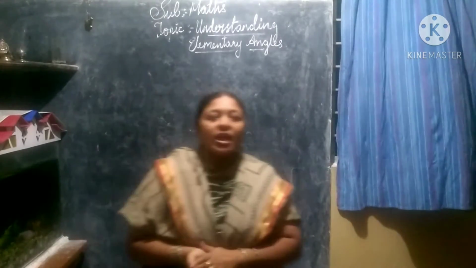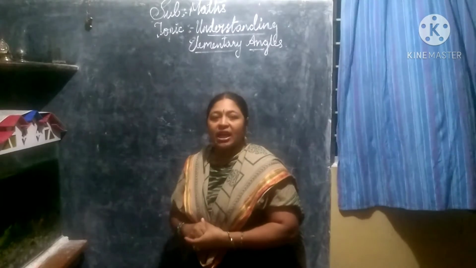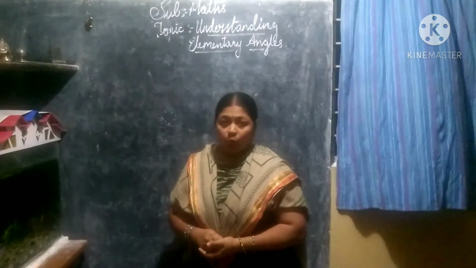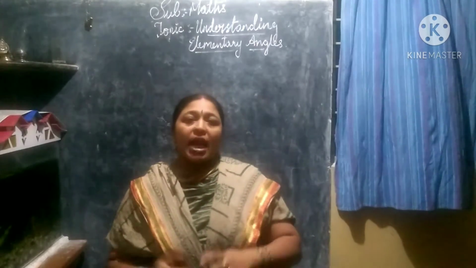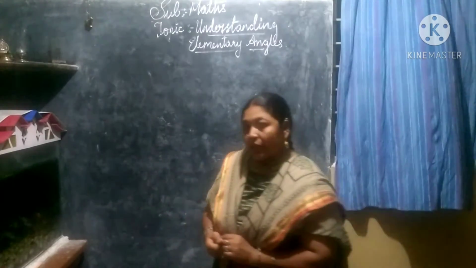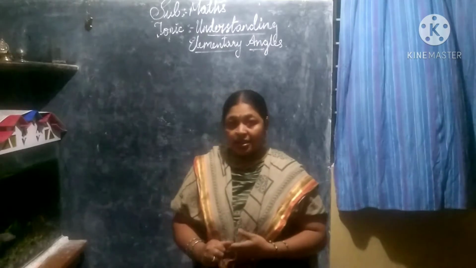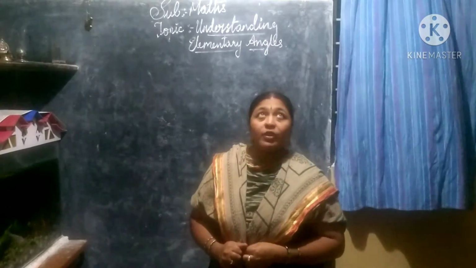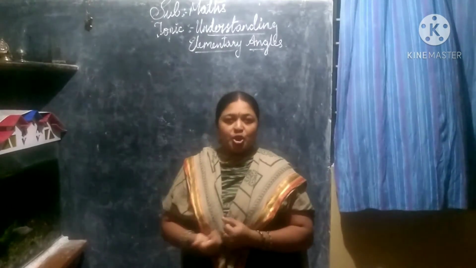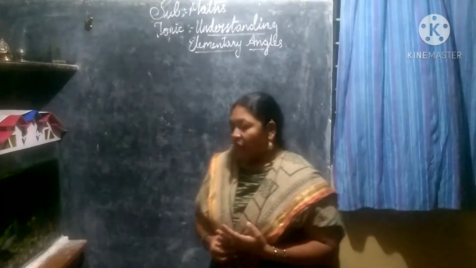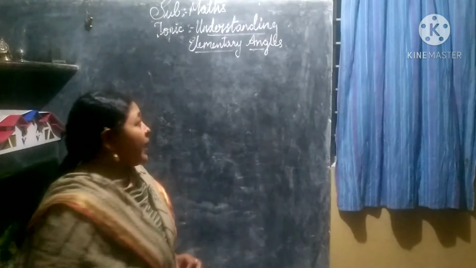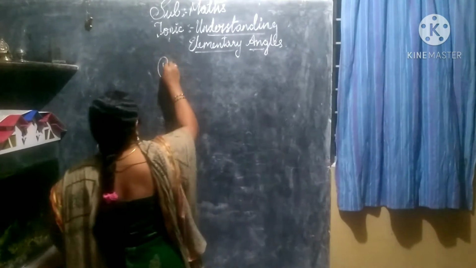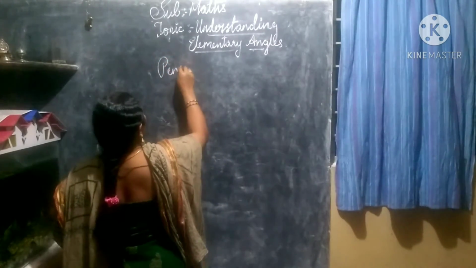Till now, what have we learned in understanding elementary angles? We learned about line segments, and we learned about angles, and later on we learned about measuring angles also, isn't it? And we used our protractor to measure the angles. Now we will move on to the lines that are called perpendicular lines.